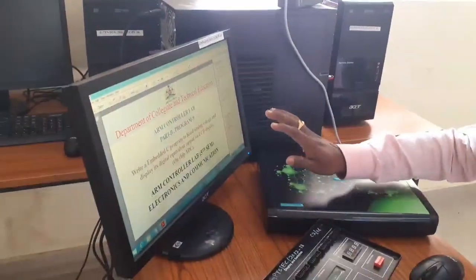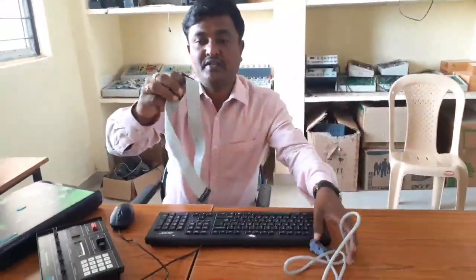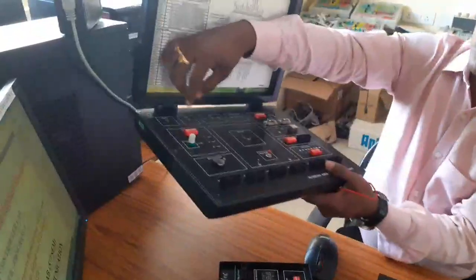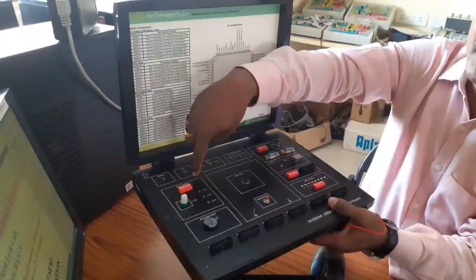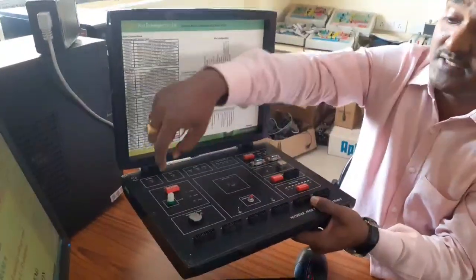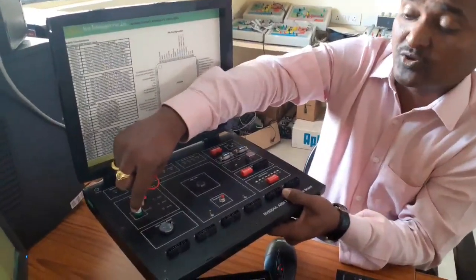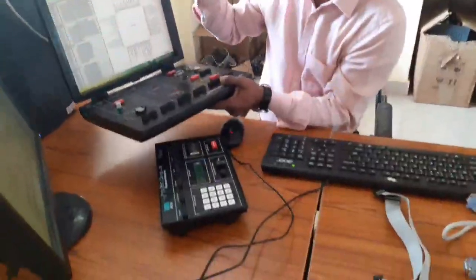Then this is a desktop computer to write the embedded C program on Keil version 4 software. This is an RS-232 communication cable, and this is a flat 20 pin FRC cable, that is a flat ribbon cable, and a patch card. This patch card is used to connect the DC voltage to the AIN1 pin. This ADC interface block is provided in the ARM kit, and we are going to use it. This is a potentiometer, which will be rotated to change the analog input values. The converted digital equivalent output will be displayed on the LCD.